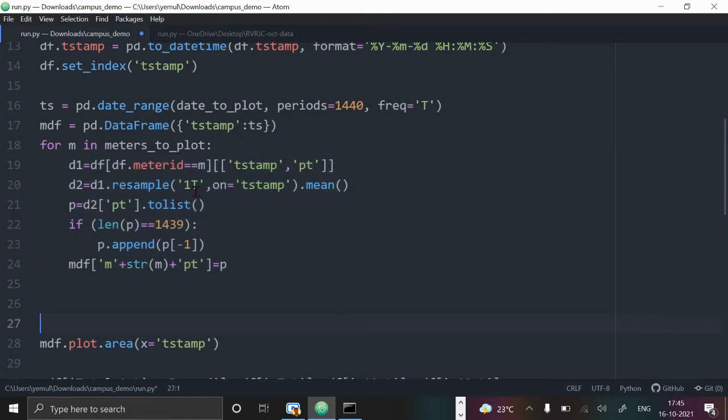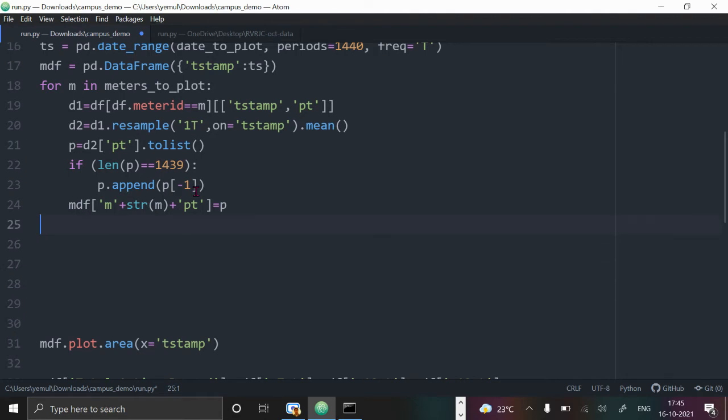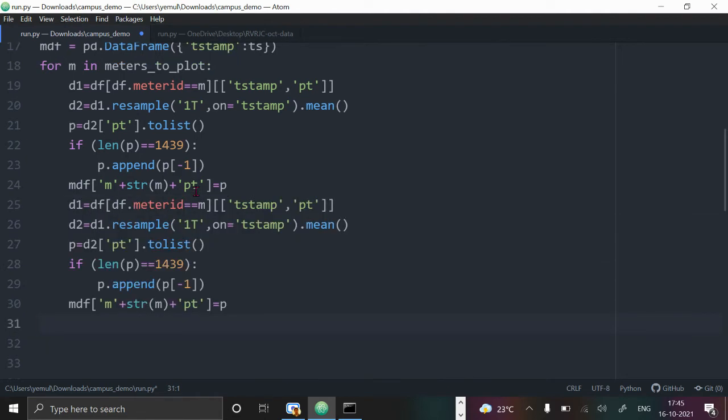I'm just copying and pasting line numbers 19 to 24 once again. In this case, instead of PT, I will get ST, that is apparent power. This remains the same. Here also I am converting the ST column, and here also I have to just say ST column.